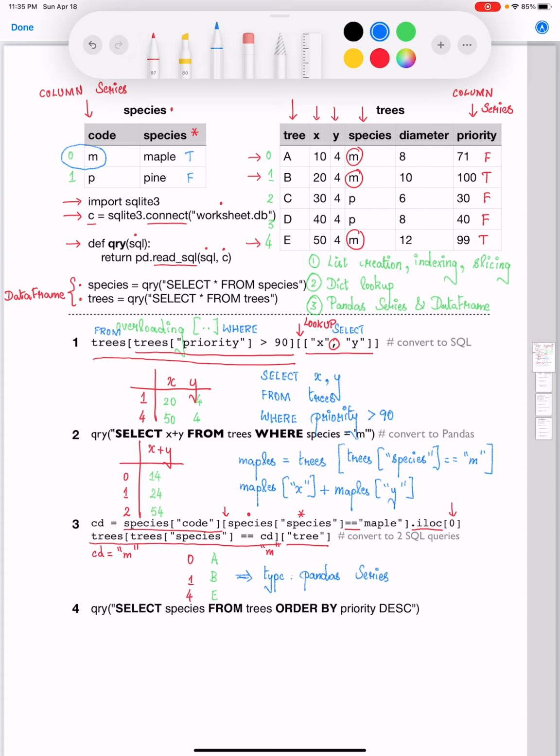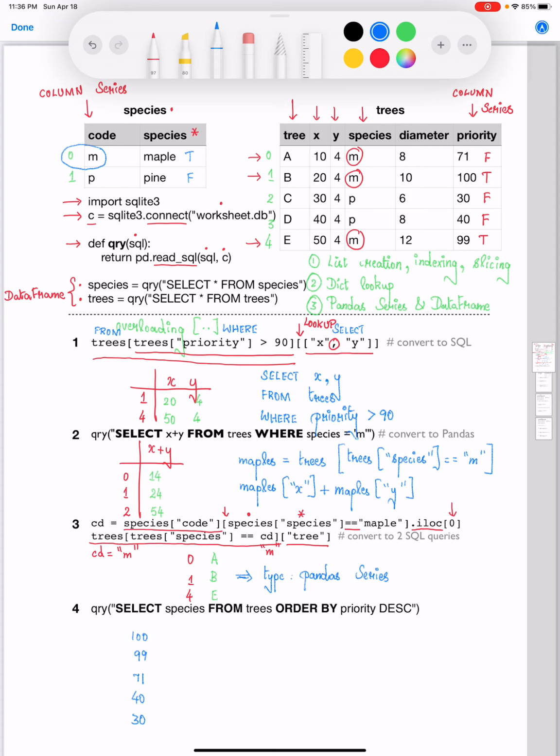So we are going to get the corresponding values as 100, and then you're going to get 99, then you're going to get 71, then you're going to get 40, and then finally you're going to get 30. I'm not writing down the corresponding row index from the trees data frame. That's because whenever you execute a SQL query, you're going to get a brand new data frame. So your row index is going to be 0, 1, 2, 3 and 4 for this particular ordering over here.